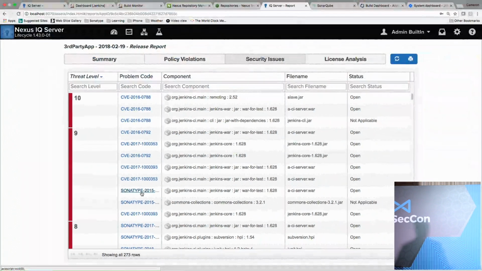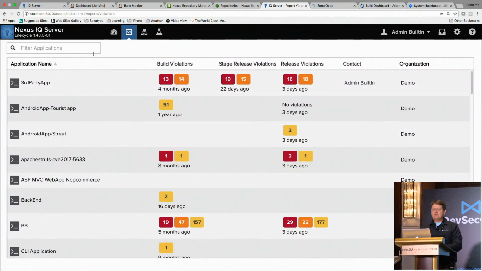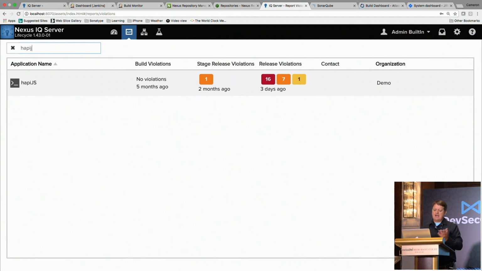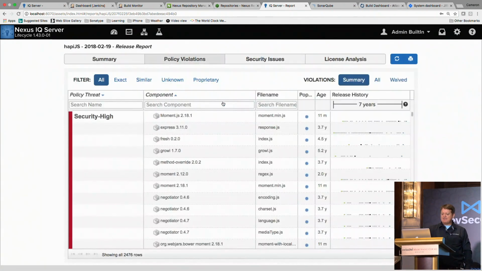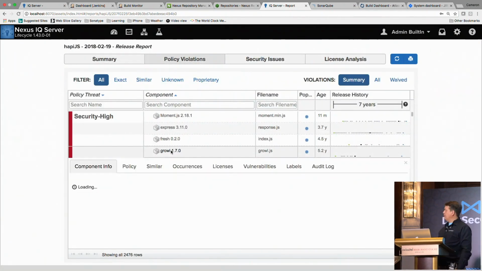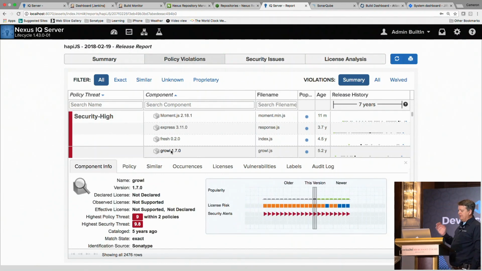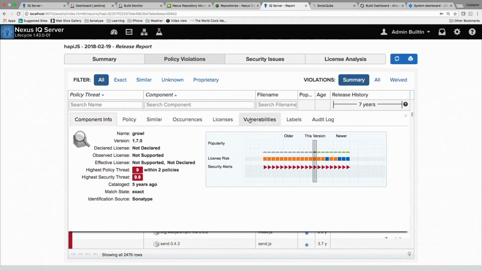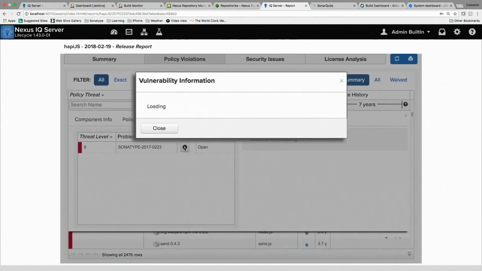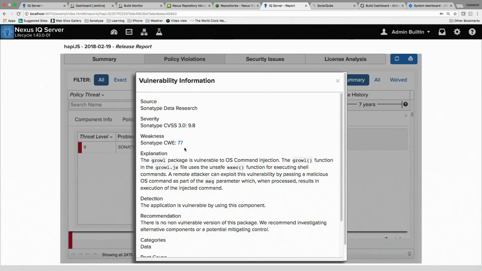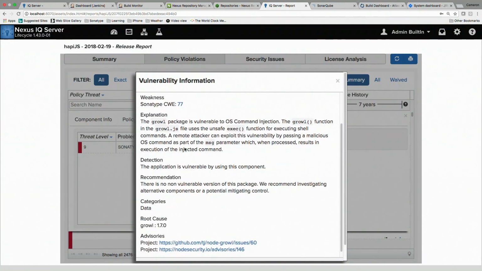This is a JavaScript library I'm going to show you now. A framework, Happy.js, one of our customers is using that. There's a library in here, called Growl. Growl is a popular JavaScript library. When I go and have a look at the vulnerability, it has the Sonatype code against it. And we show your team all the data that we've found, our explanation from our researchers, and a recommendation or remediation for the programmers on how to fix this.